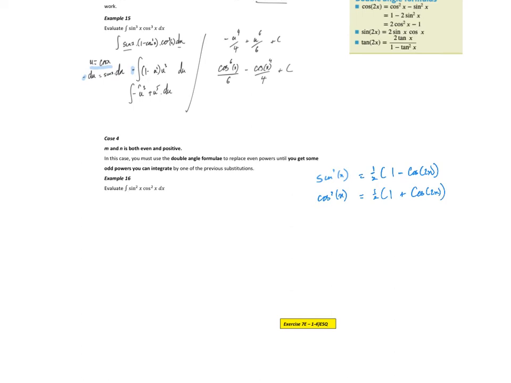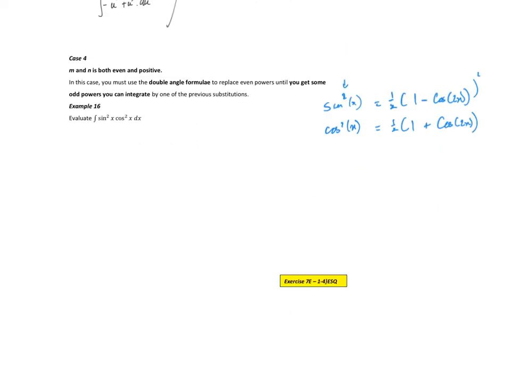And in short, if you've got higher powers that are even, if they're both even, obviously if I've got sine x to the power of 4, I'm going to have to raise this whole term to the power of 2, and then you'll end up with another squared expression. So if we use the double angle formula that we've got there on the right, ignore the little squared, of course, what are we going to have? I'm going to have the integral. I'll take the half out the front for sine squared, 1 minus cos 2x. And then I'll bring the half out the front for the cos squared, 1 plus cos